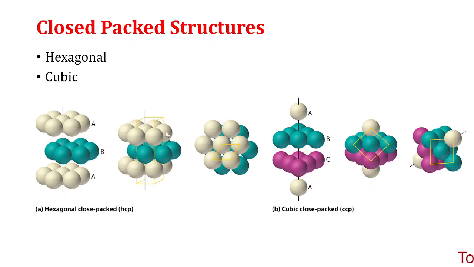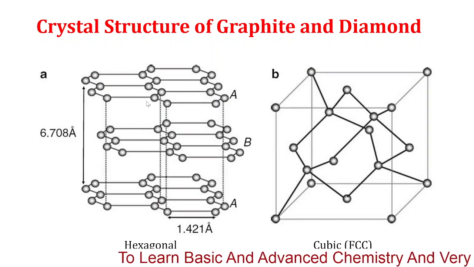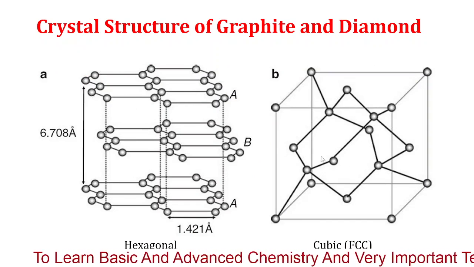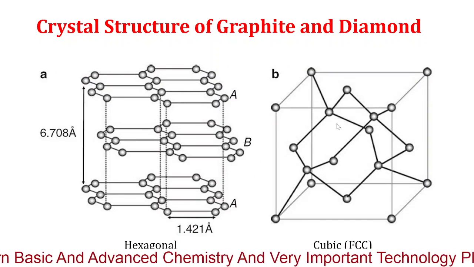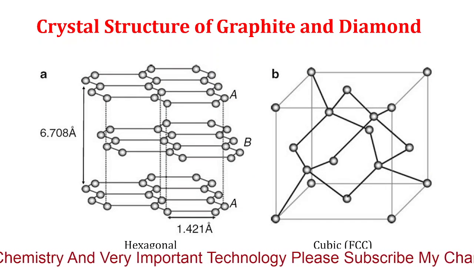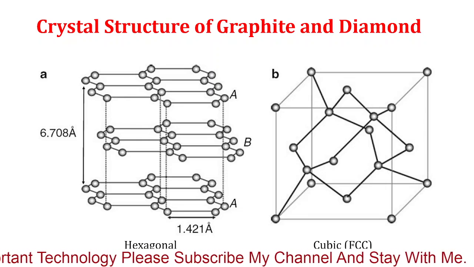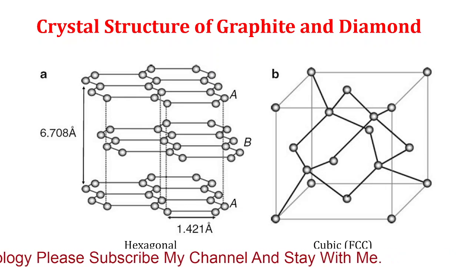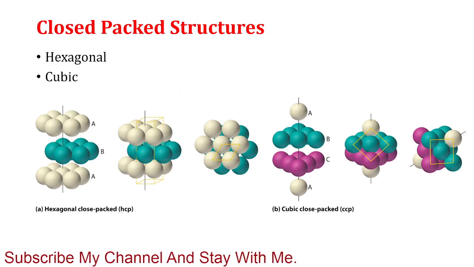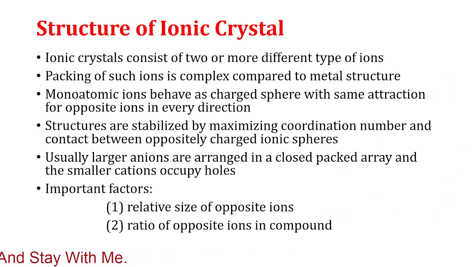Previously we have shown all the atoms are of same size, same shape. All the carbons, these carbons all are the same. This carbon everywhere is the same. So we have considered the crystal structure of some metal or some element. But if we want to see the crystal structure for any ionic compound or any ionic crystal,